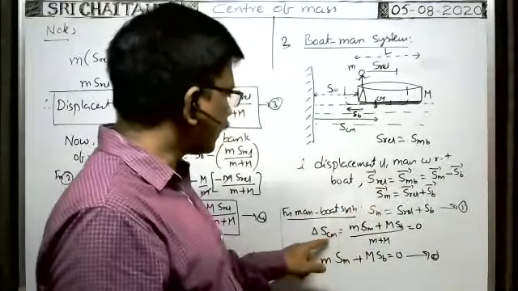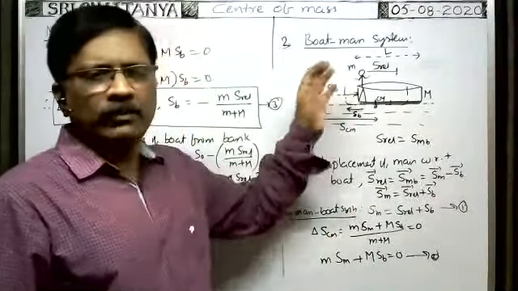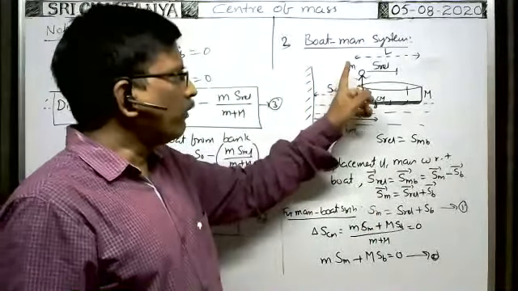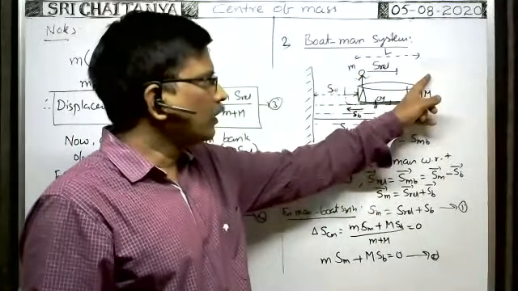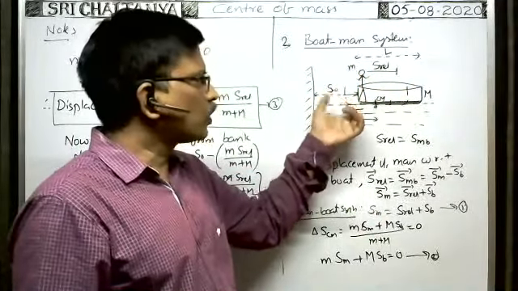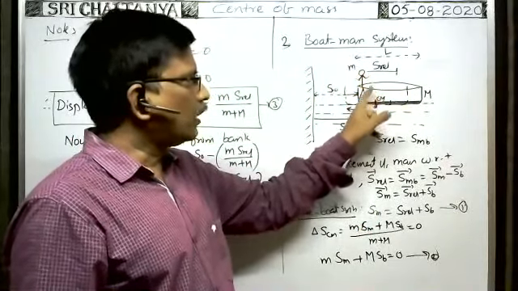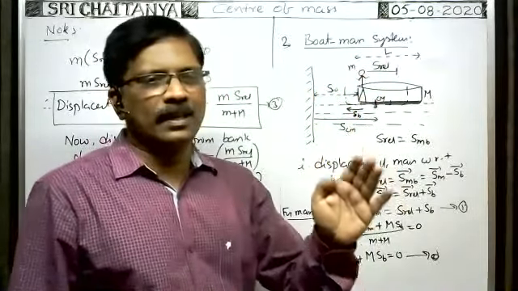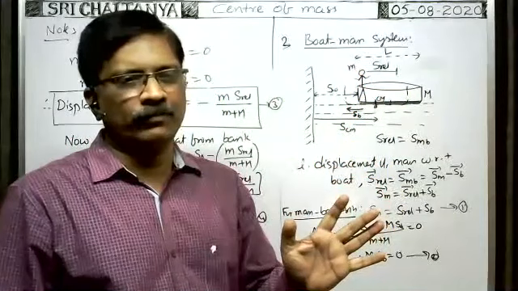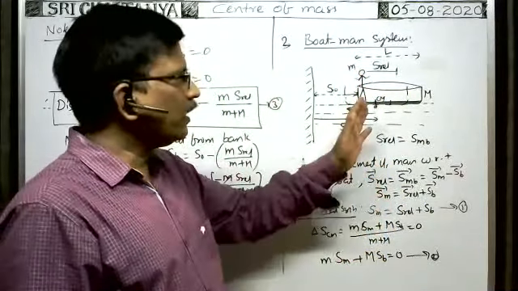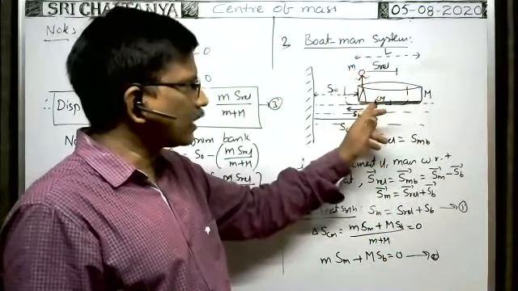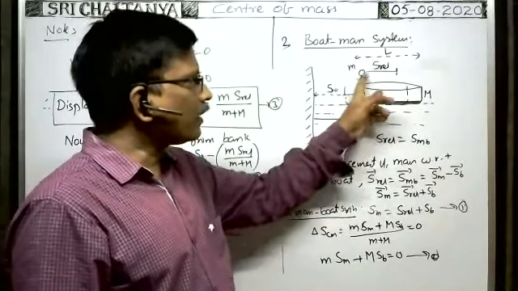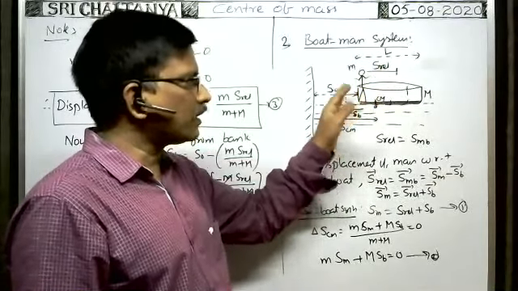Delta x SCM here. Okay, I will explain, Mr. Varshit Reddy. Already explained here. Again, I will explain. Whenever the man travels in the forward direction, the man pushes the boat in the backward direction. So when you consider the man-boat system, the force exerted by the man on the boat in the backward direction is the internal force. Internal force does not alter the state of the center of mass. That's why initially, as the boat is at rest and the man is at rest, the center of mass is here. So the state of the center of mass is at rest. Whenever the man travels like this, the man pushes the boat backwards, that is the internal force.